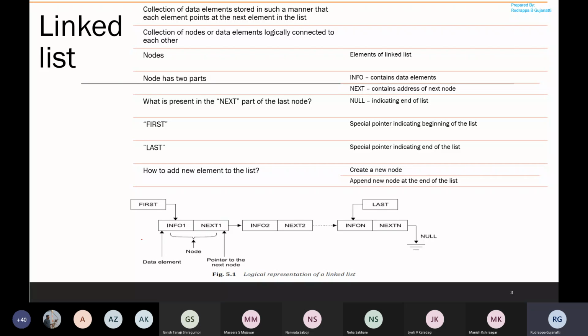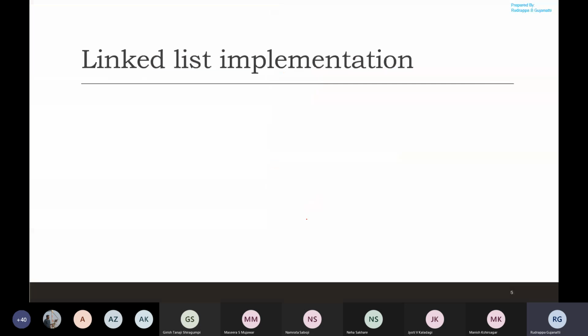Suppose I have only one node over here, and this is the new element you want to add, the data you want to add in this linked list. First, for this entire node, you allocate a memory location, and in that memory location you store the info and the next field. You update it as per the logical aspect, depending on where the element will be inserted.